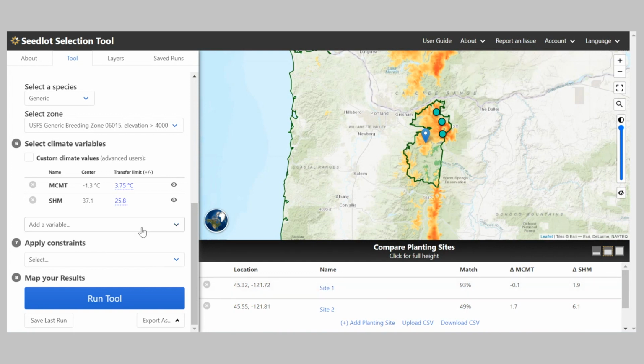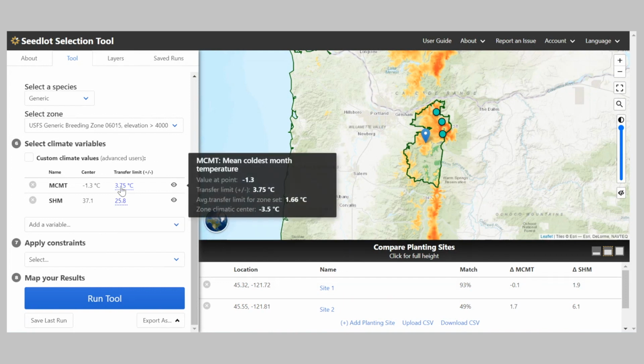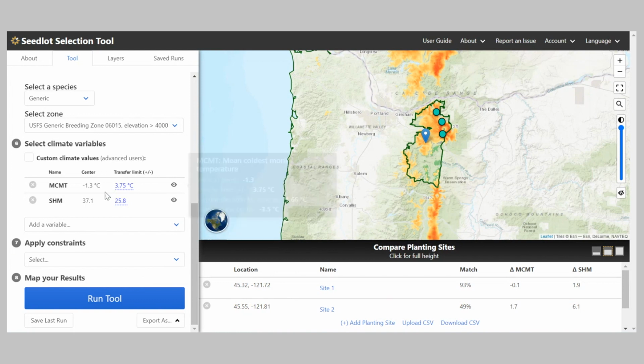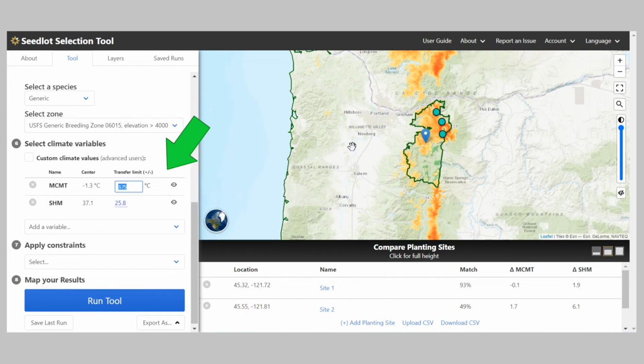Now, one thing I want to point out is that using the zone method, this transfer limit is quite wide, 3.75 degrees, which is more than the 2 degrees that we recommend for transfer as far as temperature. So I'm going to go ahead and edit the transfer limits.